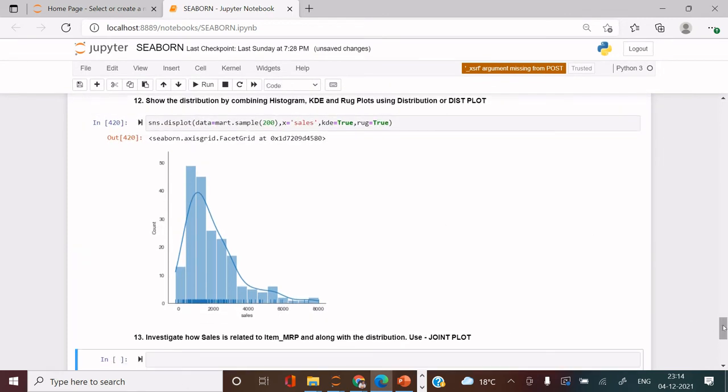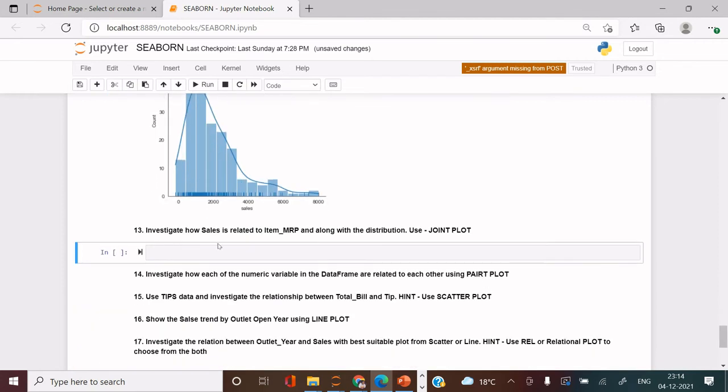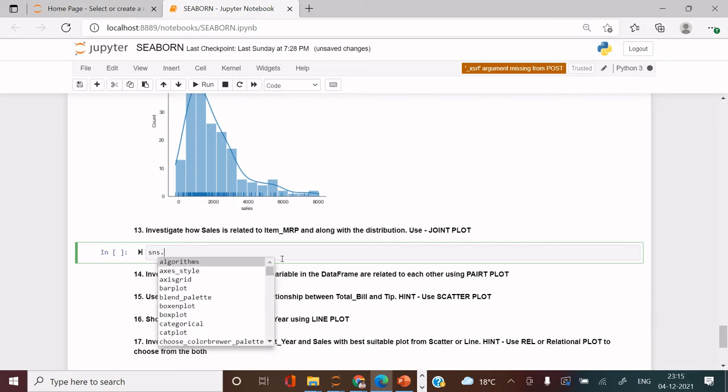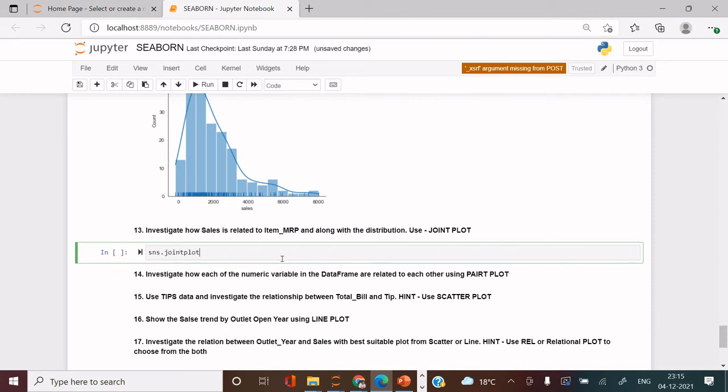Next, if we want to see the relation between sales and item MRP, how these two variables are related to each other, we can take help of the joint plot. At the same time we also want to see the distribution of both variables. How can we do that? It's going to be really interesting. For that we use joint plot with data equals mart.